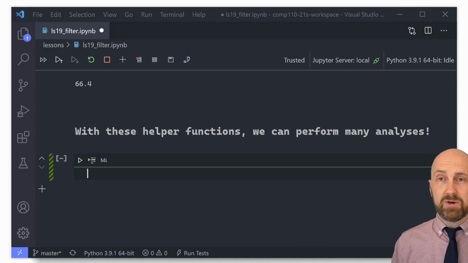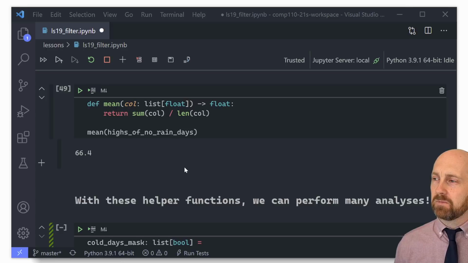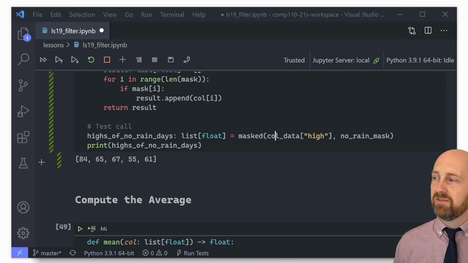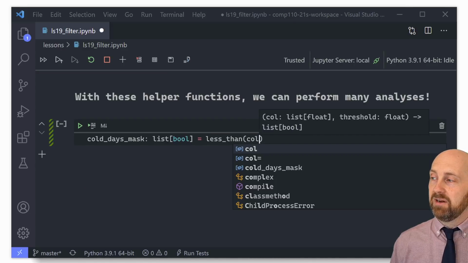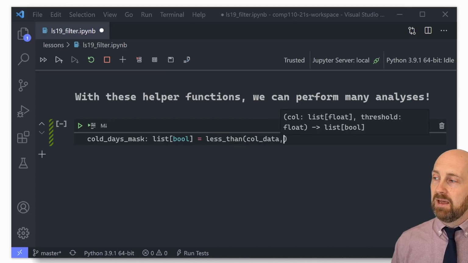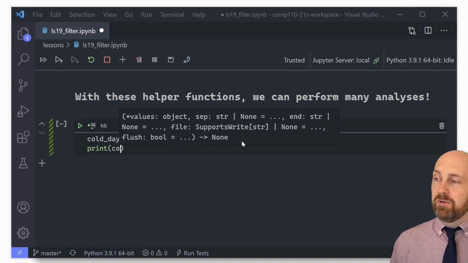So what we're going to say is, okay, cold days mask is a list of booleans, and that's going to be, let me get this column data. So we're going to take the less than of column data, and we're looking for days less than 50, all right? So if we were to print cold days mask,